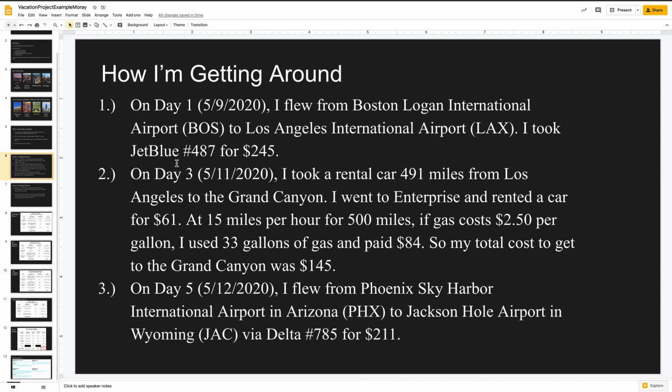So I went to enterprise.com. I looked up how much a rental car costs. I found one for $61. And then I also figured out the gas costs. So I did that. I got $145. And at this point, if you want to, you could get a flight home from Grand Canyon and call it a day. But I wanted to go to